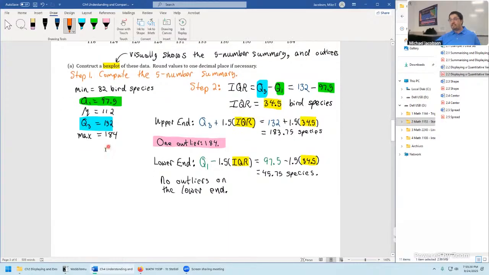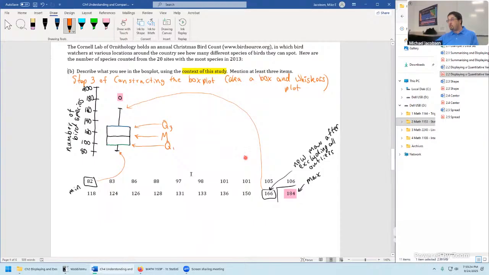In other words, we're not looking at the 5-number summary. Let's give just a rough description of what we see if we were just looking at it purely from the box plot right here. There's a lot of things you can say, so as long as you're bringing in the context and it's 3 true things you see about this display, it would qualify for a full credit problem on either a quiz or an exam situation.